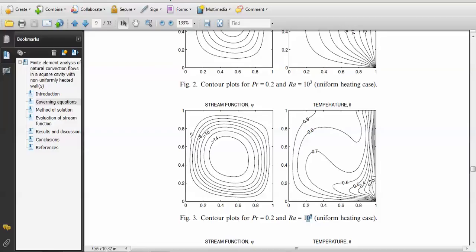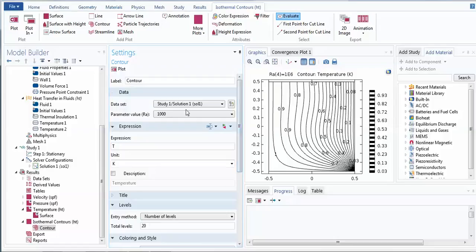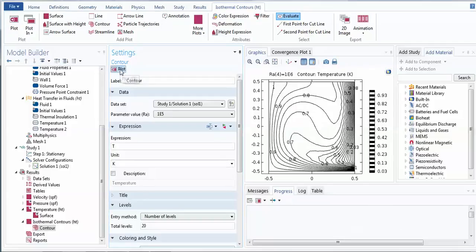You can just go back and change the value of the Rayleigh number to 10 raised to power 5. You just plot it. This is your result. Now the resolution is poor because I am not using the exact calculation, because the finite element mesh, if I make it denser, will take a long time for my laptop to converge at such a resolution. So I'll go for the precise one.